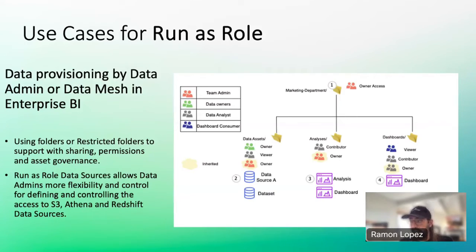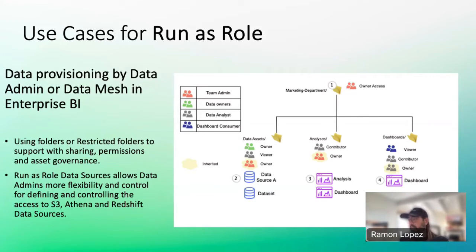The data provisioning in this fictitious organization can be done with scripts or by hand by the admin, or it can be managed in a programmatic fashion by the data mesh itself that's deployed in the organization. We're going to use the runner's role data sources to allow data admins full flexibility and control to access